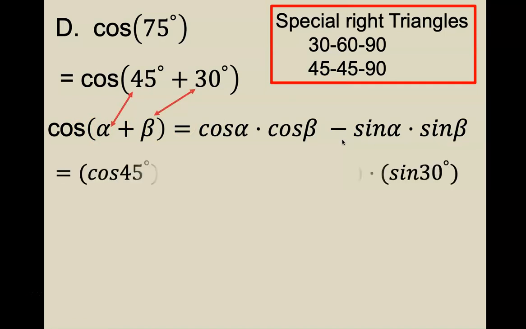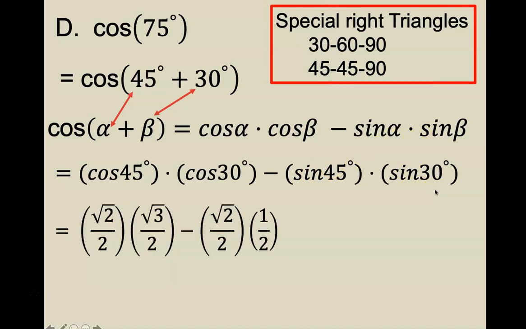45 is alpha, beta is 30. So cosine A is cosine 45, cosine B is cosine 30, minus. Sine alpha is sine 45, sine beta is sine 30. Do your unit circle. Cosine 45 is root 2 over 2, cosine 30 is root 3 over 2, minus sine 45, root 2 over 2, sine 30, half. You multiply,